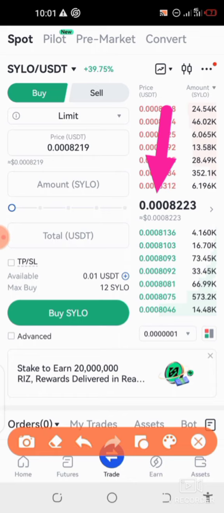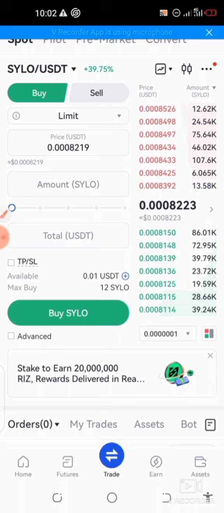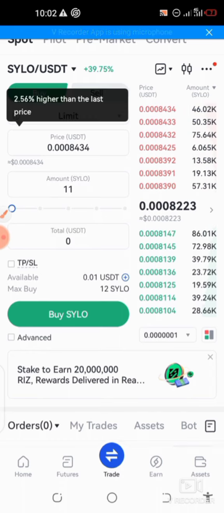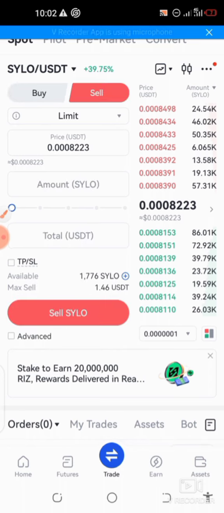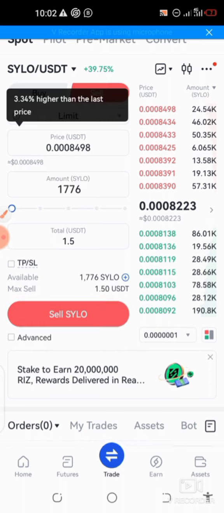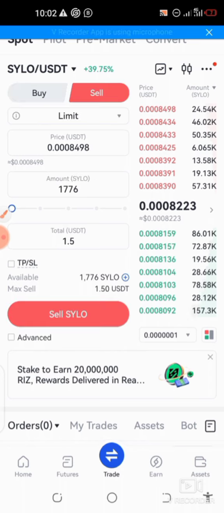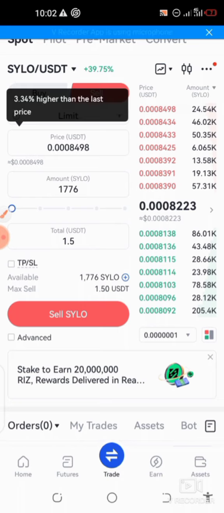In the very place that they wrote this, you now choose how you want to sell it. In which figure do you want to sell it there? You see that it is in this and this amount. You touch the figure you want to sell at. If it reaches this figure, let it sell. Now if you want to buy also, you can touch the figure you want to buy from this very green button. So it all depends on you.